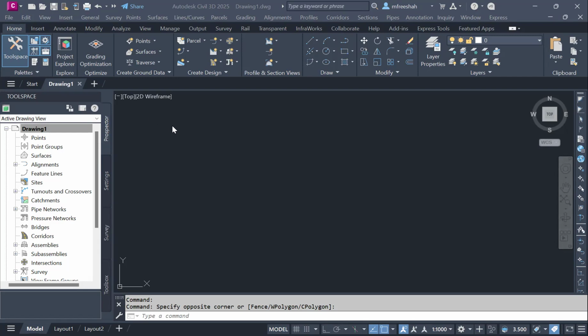So let's see what the interface looks like at the beginning. We can see here the interface for Civil 3D. As you see, we have the title bar and we have some tabs. This is the menu bar, but sometimes you cannot see it. You can go